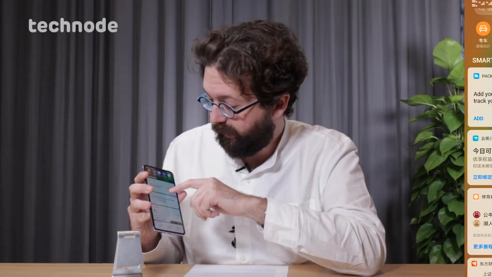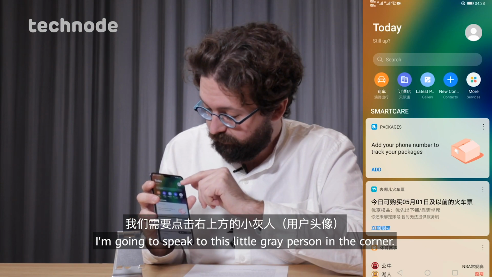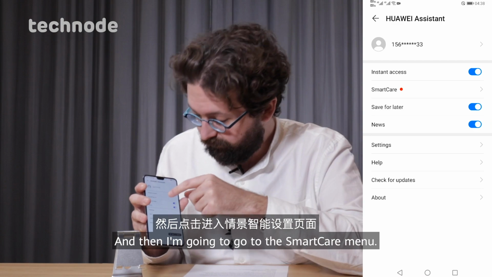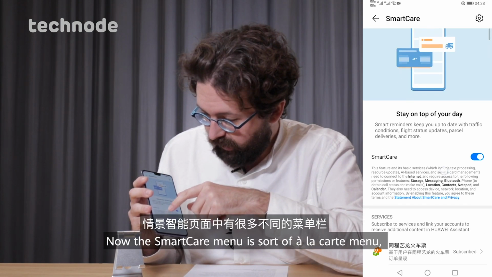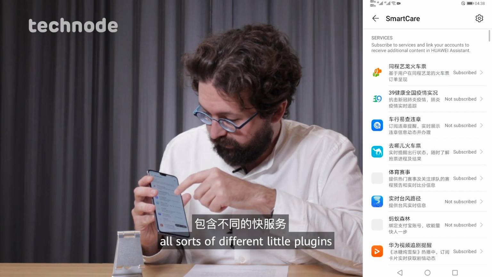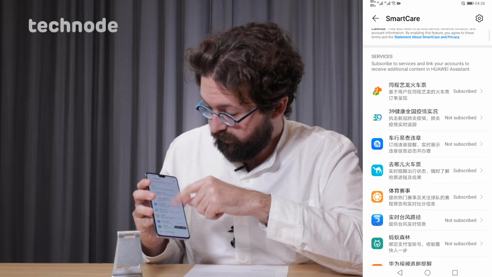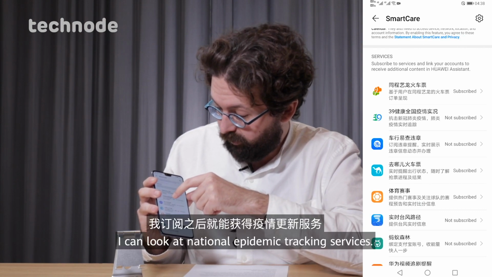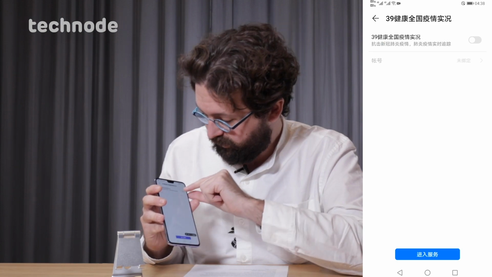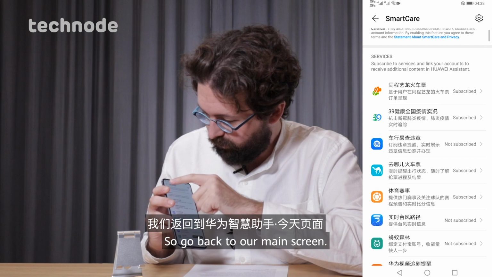If I want to add a new service, I'm going to speak to this little gray person in the corner. And then I'm going to go to the Smart Care menu. Now, the Smart Care menu is a sort of a la carte menu of all sorts of different little plugins that I can put into the Smart Care Center. This looks quite useful. I can look at National Epidemic Tracking Service. So let's subscribe to that, and I believe we've subscribed. So go back to our main screen,